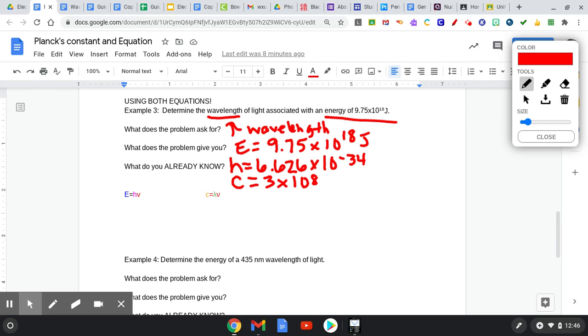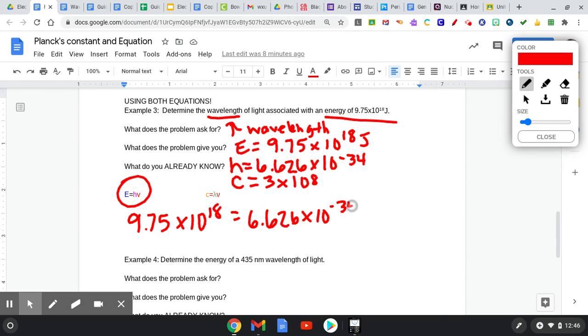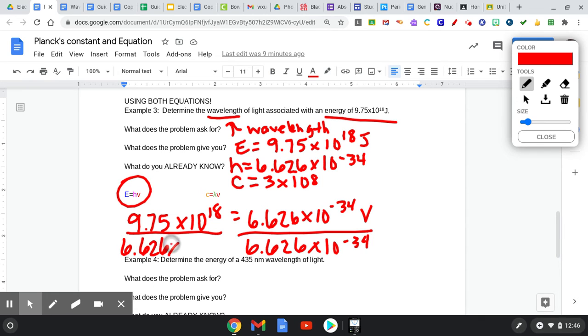So I'm going to use this one, and I'm going to say 9.75 times 10 to the 18th equals 6.626 times 10 to the negative 34 times frequency. So once again, I'm going to divide by H to get the V by itself. And whatever I do to one side, I have to do to the other side. Okay. Once again, I'm going to get a really big number here. So my frequency is